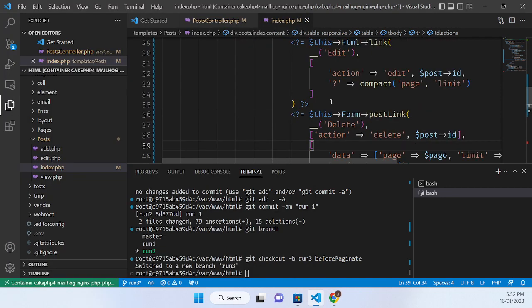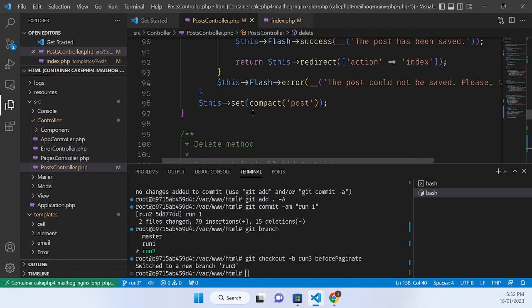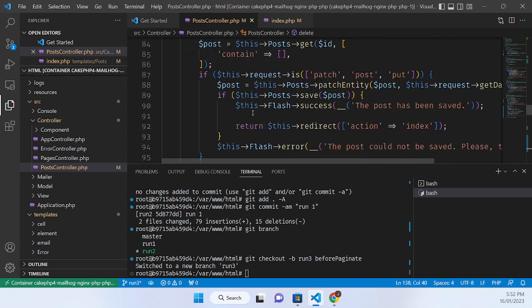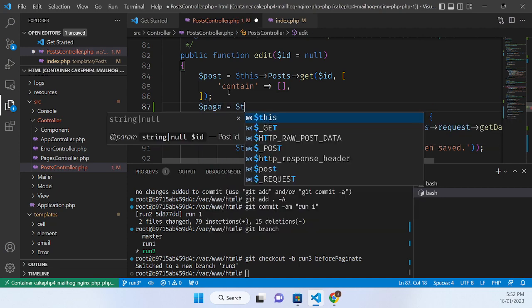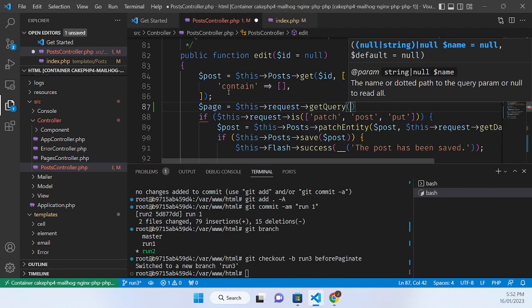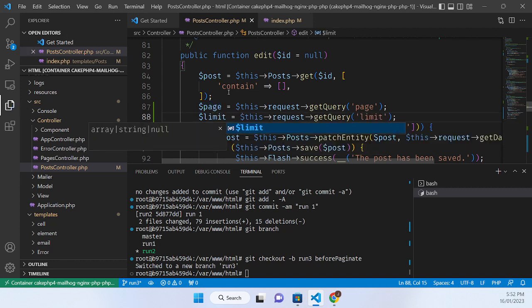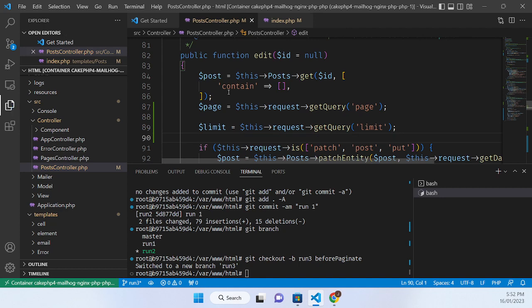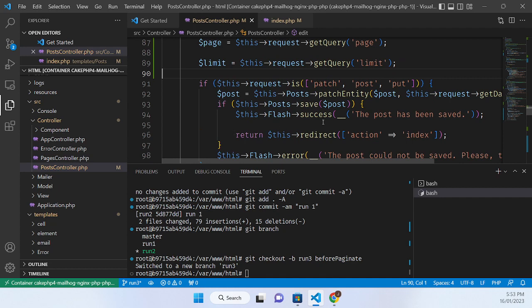So once that's done, we can then go into our edit action. So we'll go up and find our edit action, and we want to grab page from this request, and we're getting the query string here, so it's page, and let's just copy and paste, and limit, and limit. And from that point it's here where it says, well,